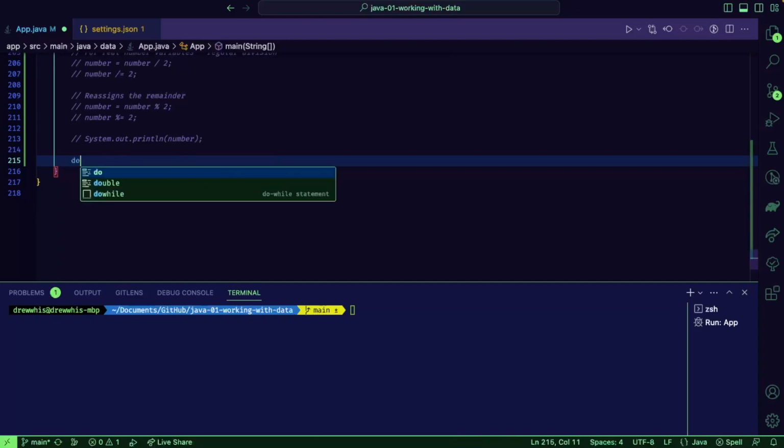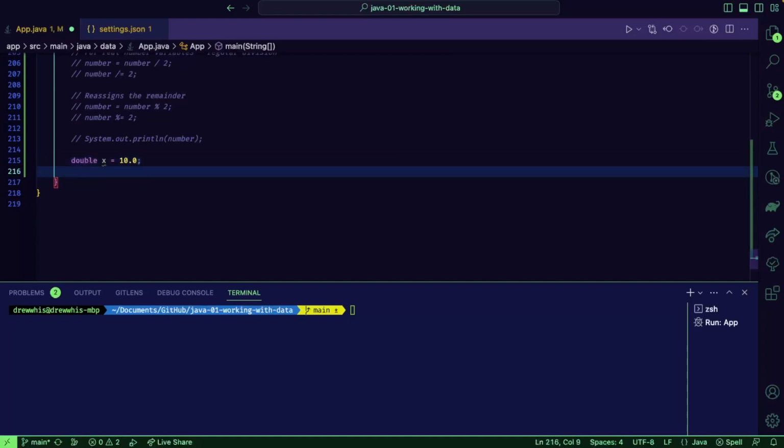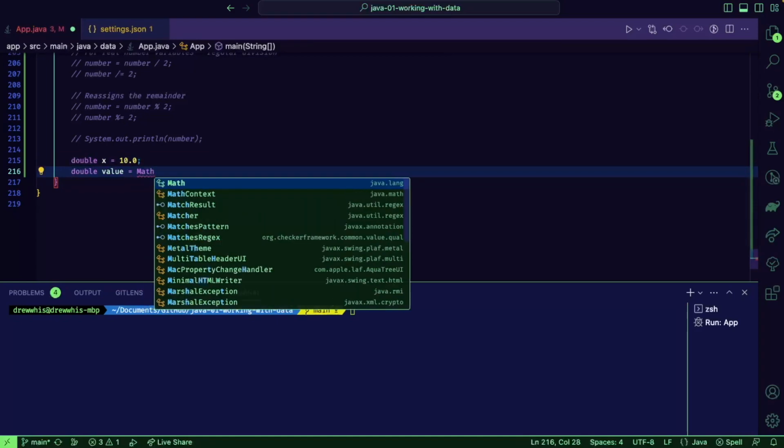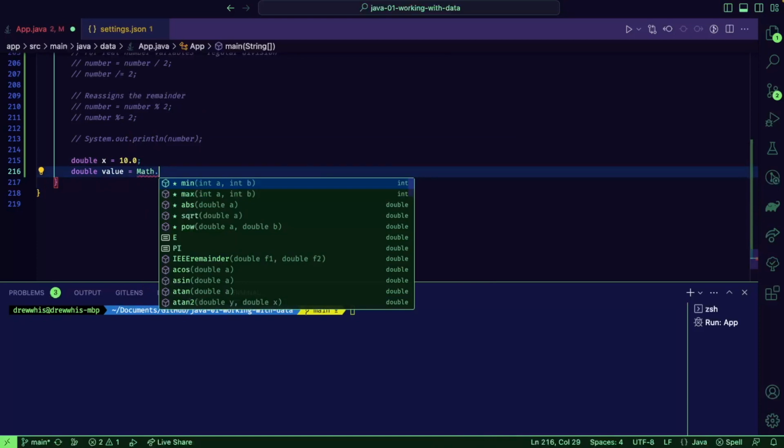We'll start with a value: double x equals 10.0, because that's a simple one. I can find a new value of x using some math functions. To get to these functions, we're going to go Math dot,